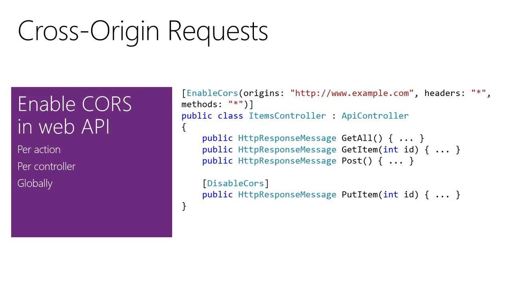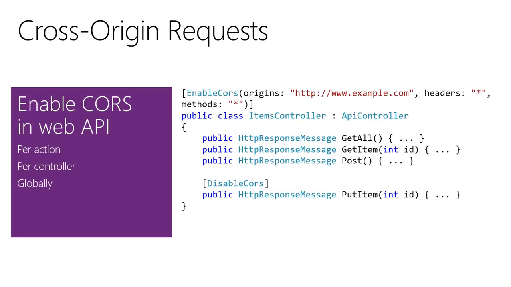But let's say you're Facebook and you want to open your APIs to pass.com or whatever. Then you have to open those APIs and you have to be able to accept requests from www.pass.com. And this is how you can do that. It says here, per action, meaning you can do it for just one